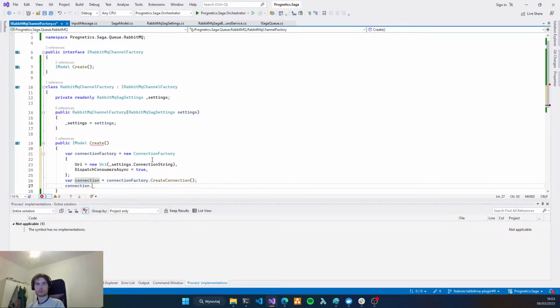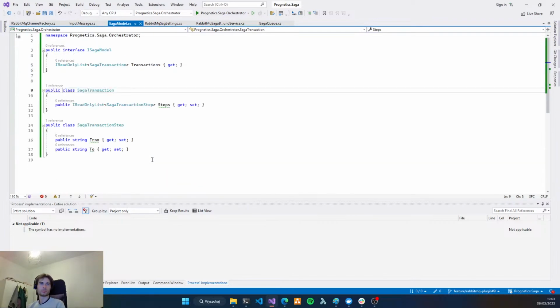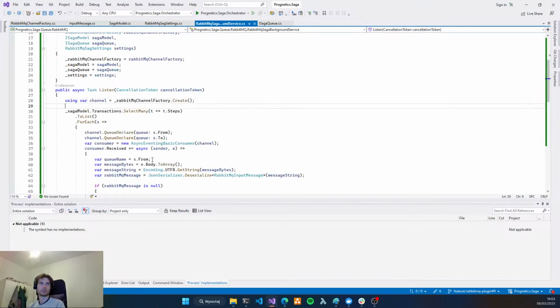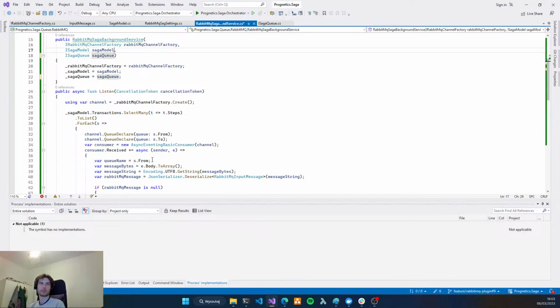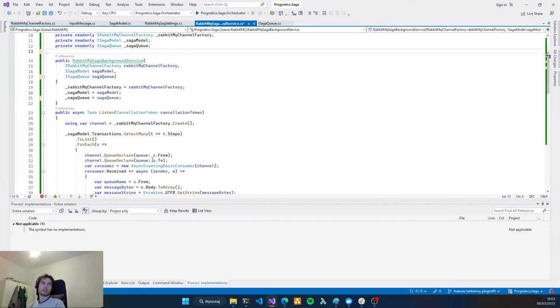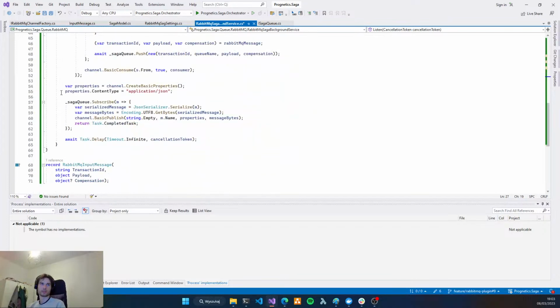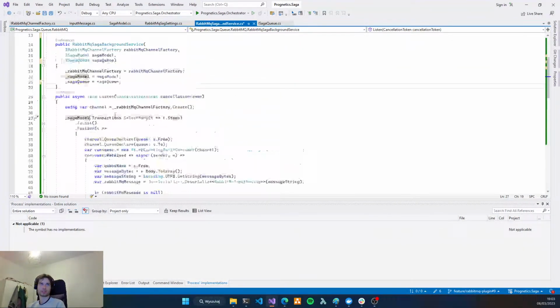Connection create model. We want to dispose this here. Yes. So now we don't need settings anymore. Here we have a base in our factory. And now we have just a channel here, and we have a configuration of channel here.